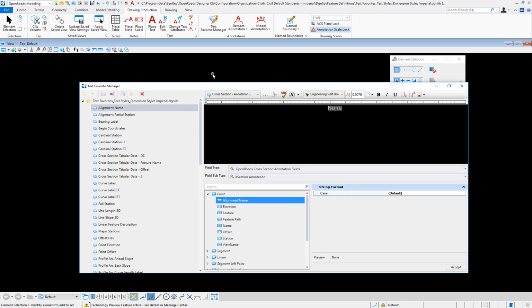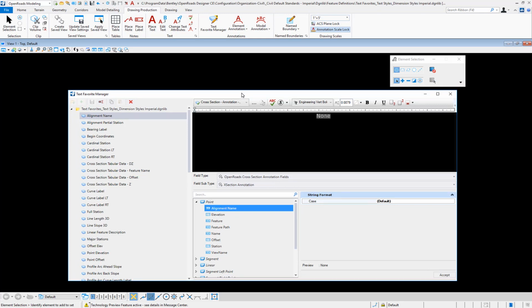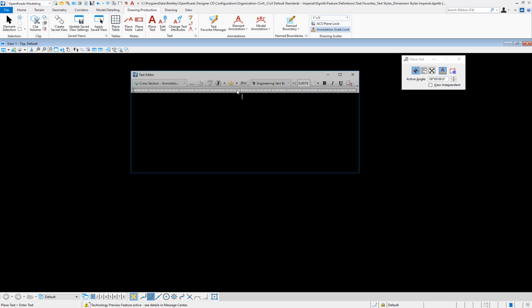The introduction, however, of the Text Favorites Manager has required us to make a schema change within the file format, and this is going to have a side effect where in older files you will not be able to rename a text favorite, or if you add a text favorite you will not be able to rename that newly added text favorite either. And so just to show you an example of the problem first,